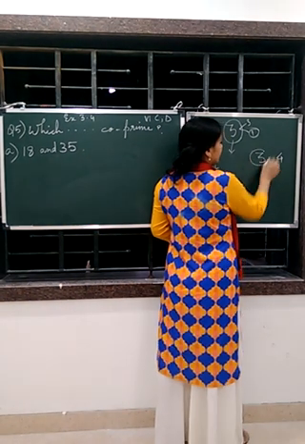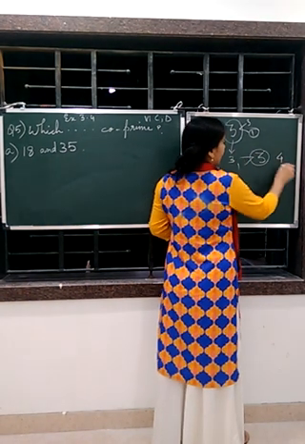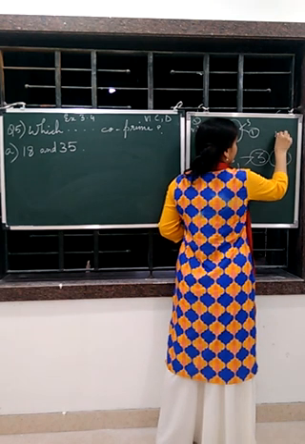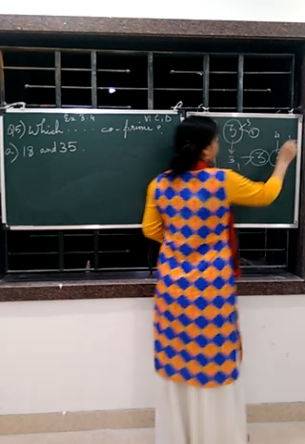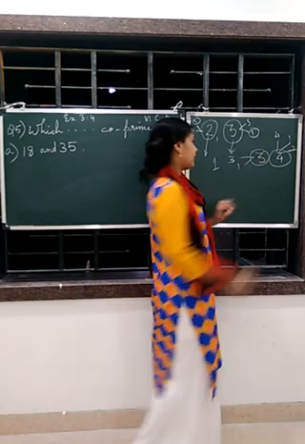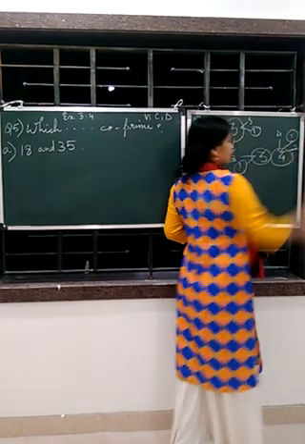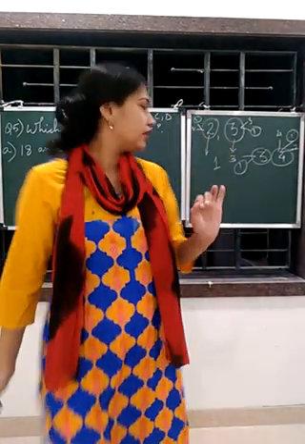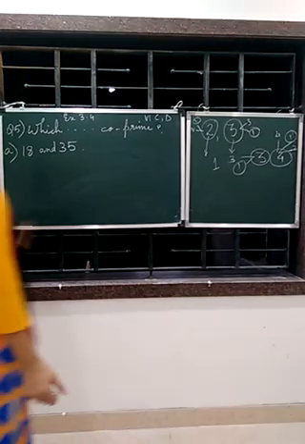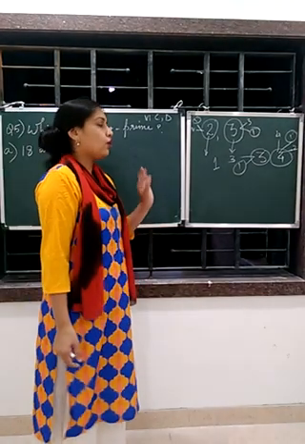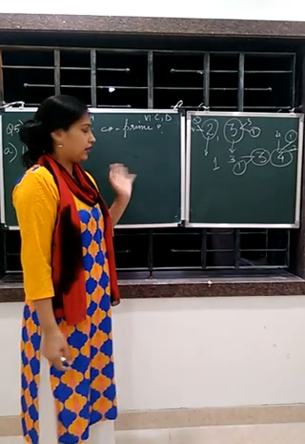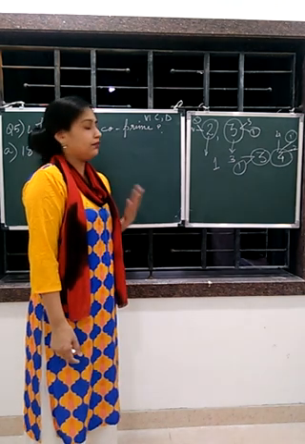So let's write the factors of 3 and the factors of 4, that is 4 and 1 and 2. Now check what is common in between the factors. Again, 1 is common. Yes, 1 is common. That means 3 and 4 are co-prime numbers. Okay, they are a pair of co-prime numbers.